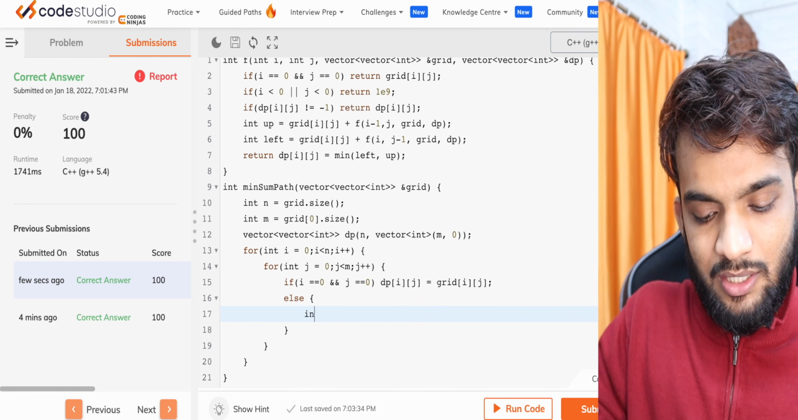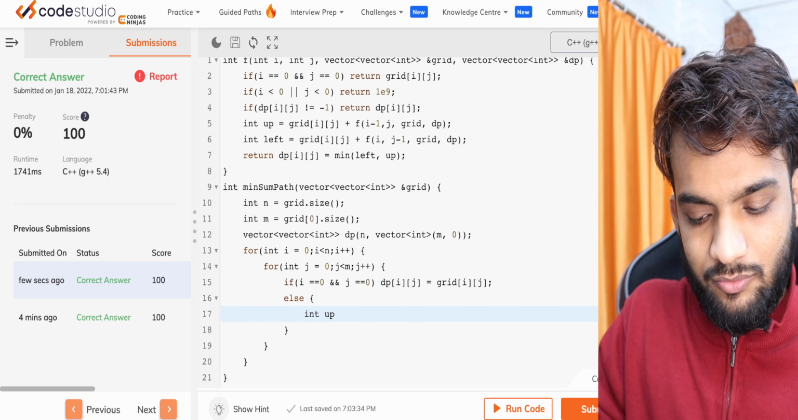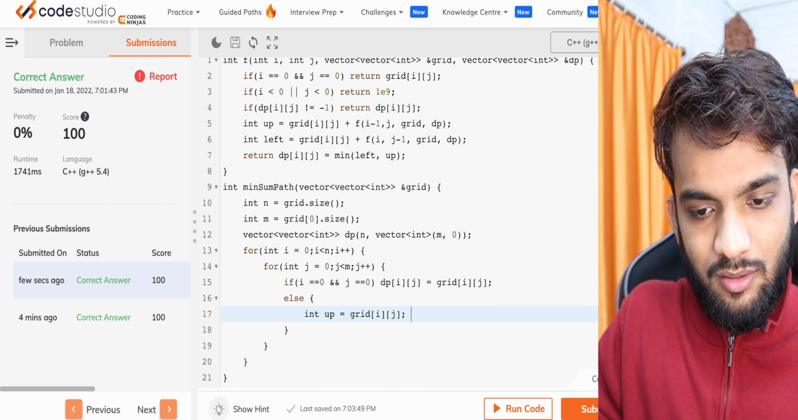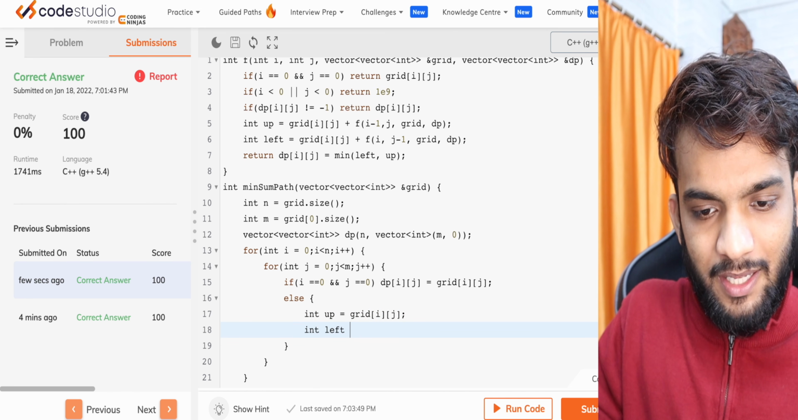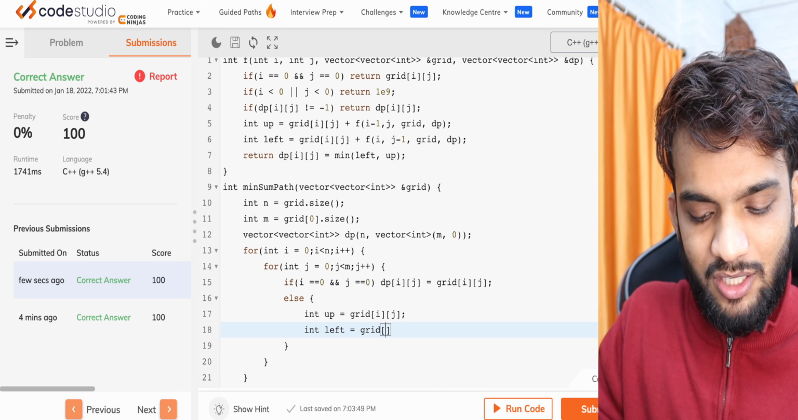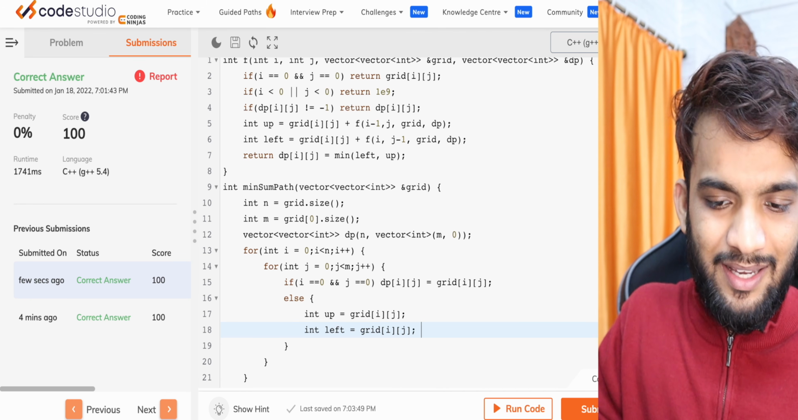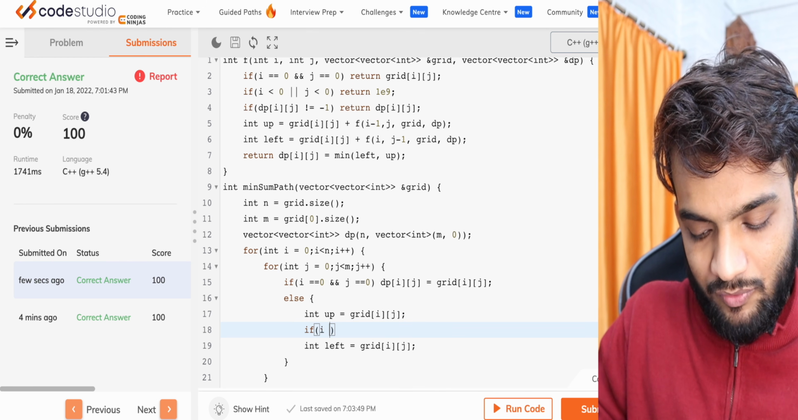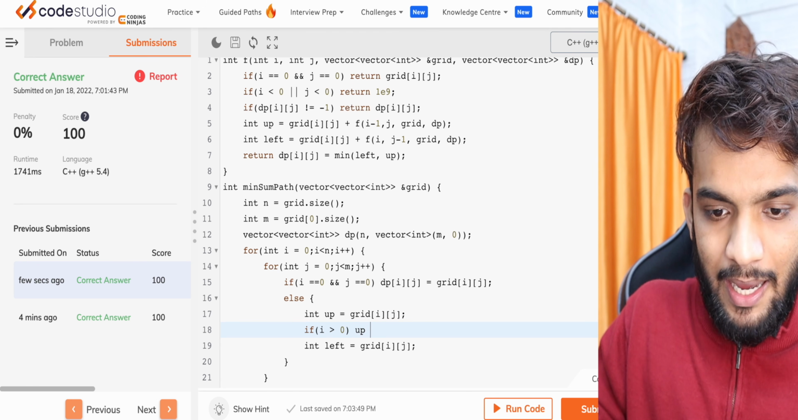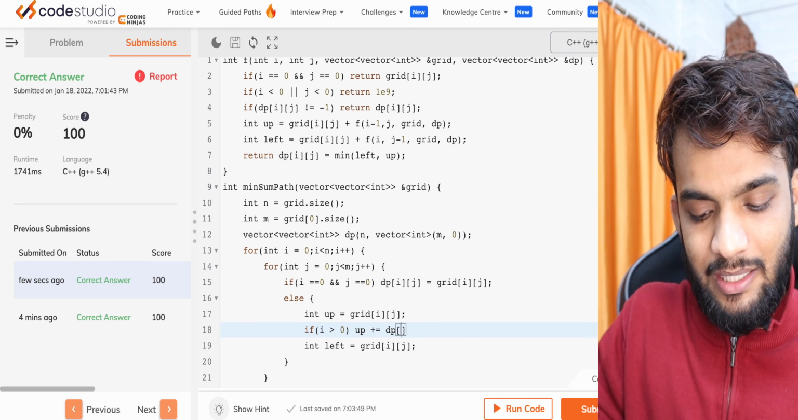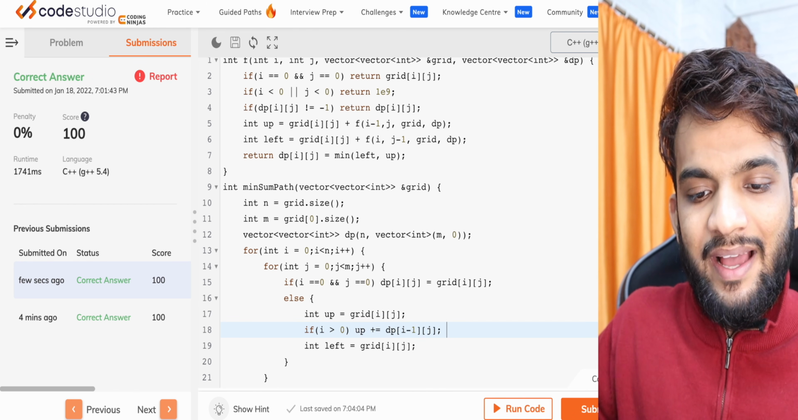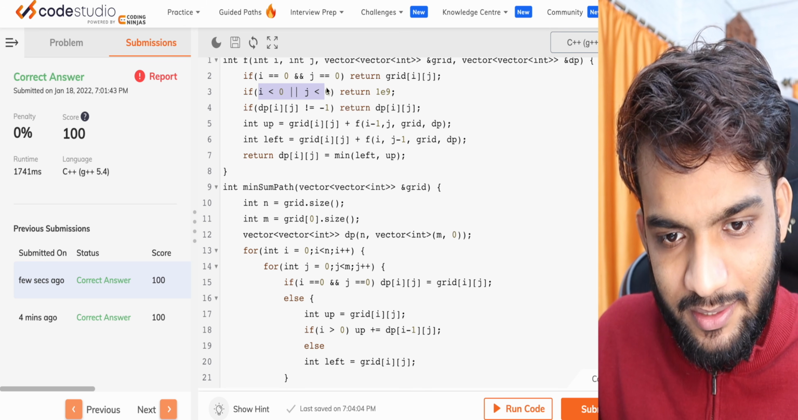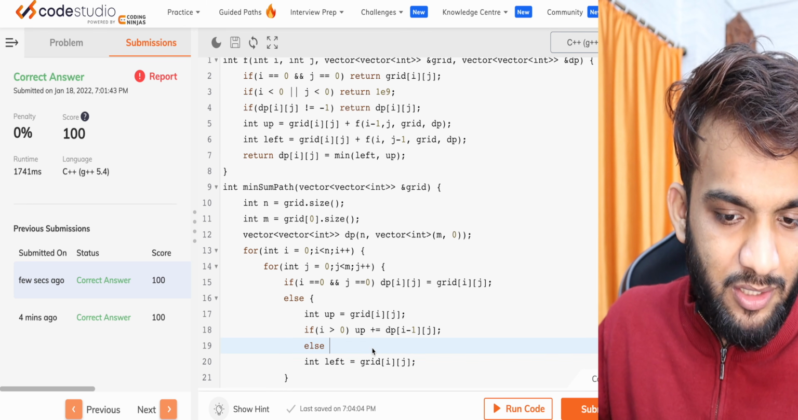In the else, there will be a path which will initially be grid of ij. There will be a left path, which is initially grid of ij taking the current, but for the up path, if i is greater than 0, then the up will be adding dp of the previous guy. But if i is not greater than 0, you remember there's a base case: you return something maximum, so that this path is